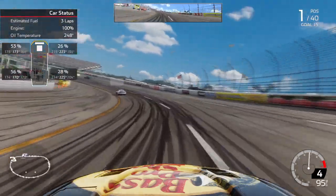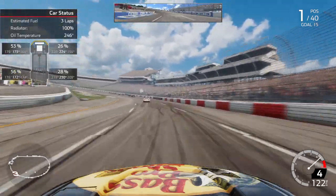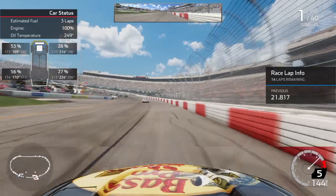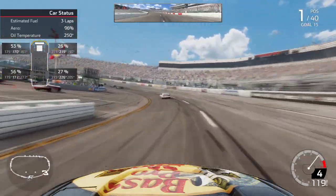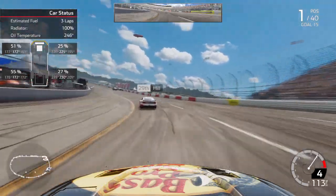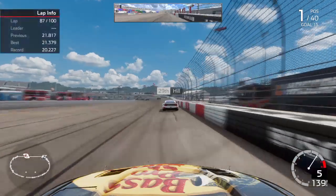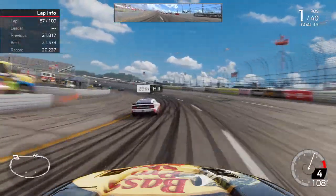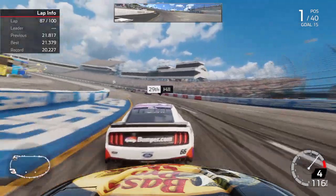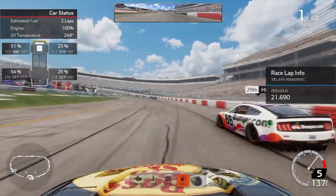All right, I would expect pit stops to happen here within the next lap or two, and the question is, does strategy become a thing here? Do people take right sides? None? Do they try to stretch it with no tires? I don't know. Because there's going to be about 11 or 12 to go when everybody pits. Our fuel light has come on, so...